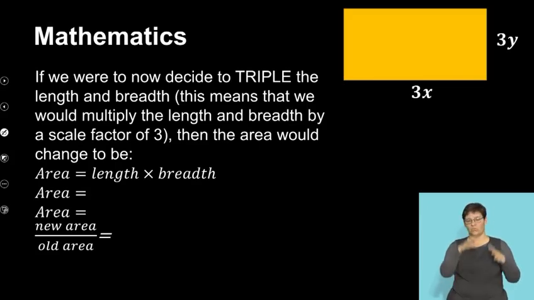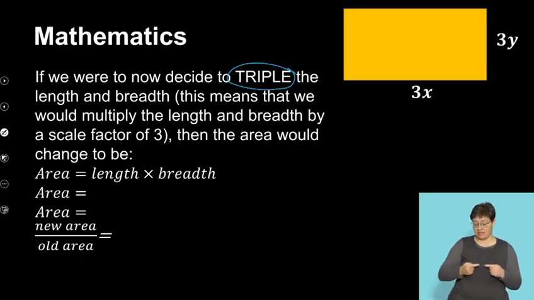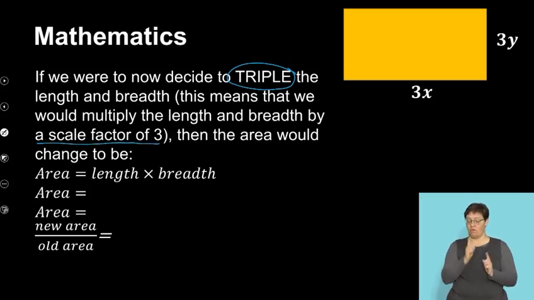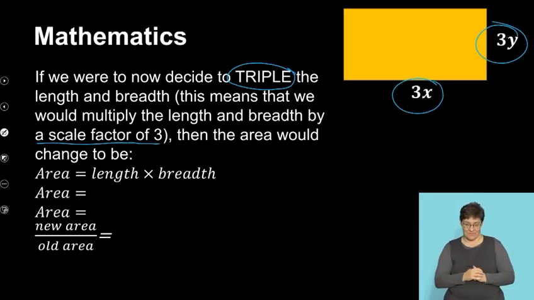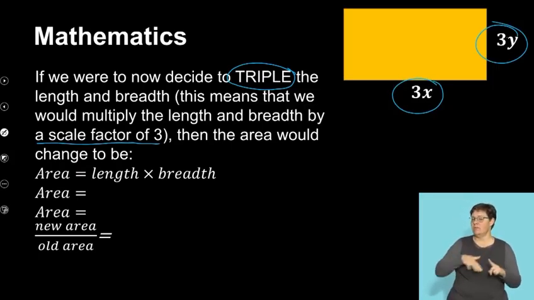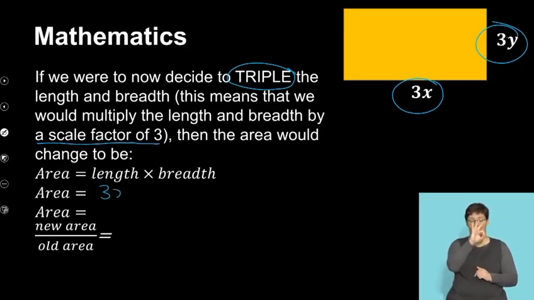So if we were to decide to now triple the length and the breadth, this means that we would multiply the length and the breadth by a scale factor of 3. So we're tripling the lengths of the rectangle. We can see that it's now 3x and 3y. So I'm now going to calculate my new area of the rectangle, which has been multiplied by a scale factor of 3. Length times breadth would end up being 3x multiplied by 3y. So my new area would be